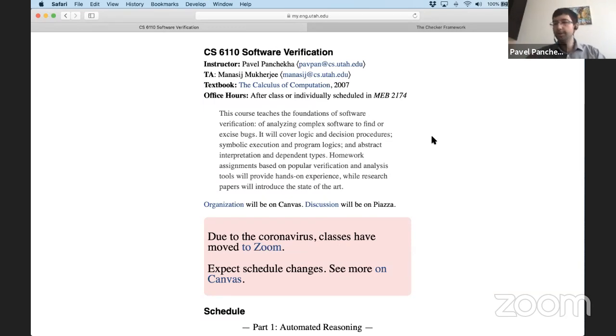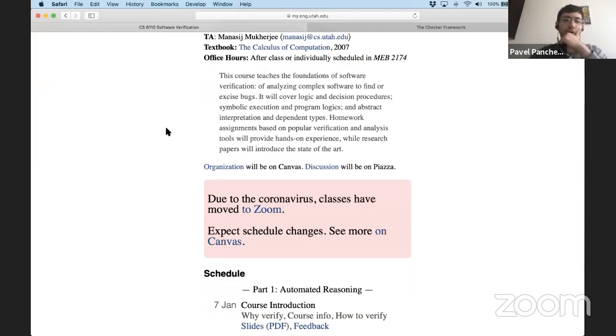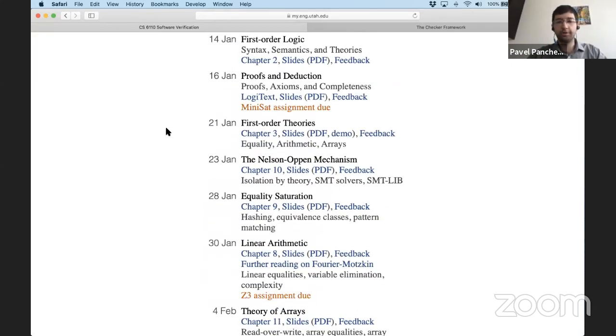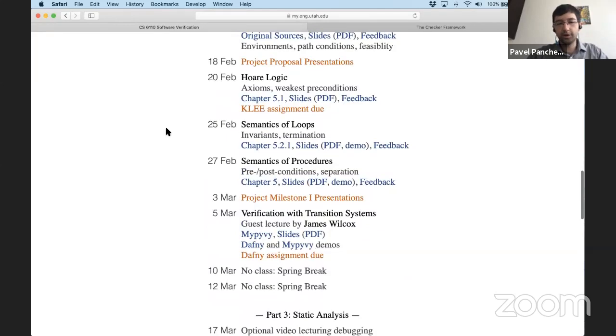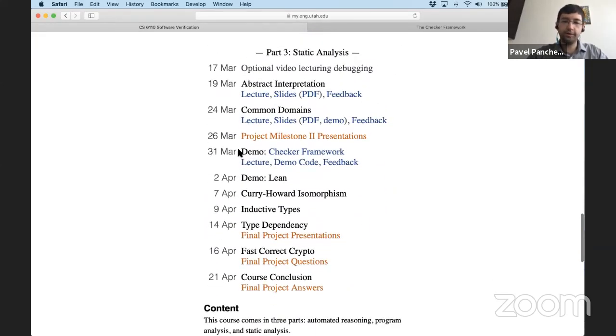Today's going to be a little bit different than what we've done in lectures so far. That's due to a suggestion made by Abhishek, which is, because of this coronavirus thing, we're not doing assignment 5. What I had intended for assignment 5 was to use a tool called the checker framework. Because of the coronavirus, we've had to change the plan a little bit. So instead of assigning you the checker framework, today I'm going to be doing a demo of the checker framework.